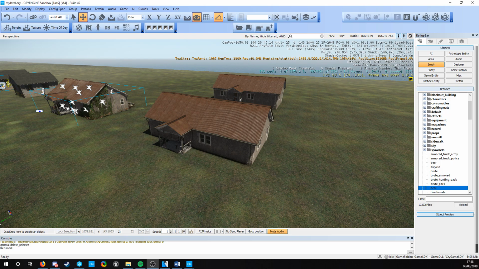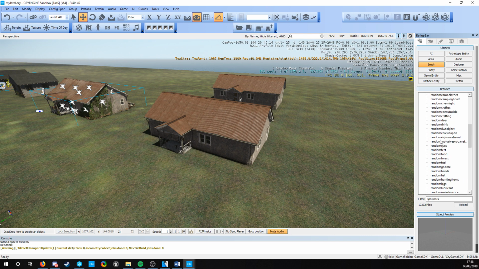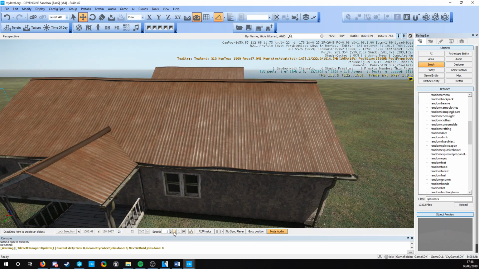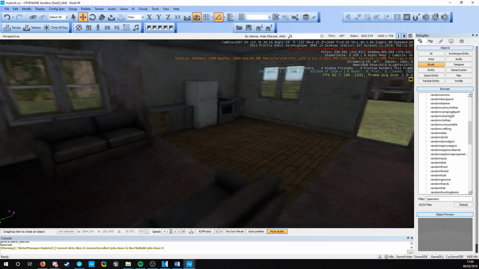Welcome back. In this video, I'm going to go over the spawner system for items, vehicles, and AI. It's pretty easy to do. All we need to do is go into our brush tab and search for the spawners folder, which is here, object spawners. In here we have all the different spawners and all the different spawn classes we use in the game. So if I wanted to add item spawners to the house I created in the previous video,